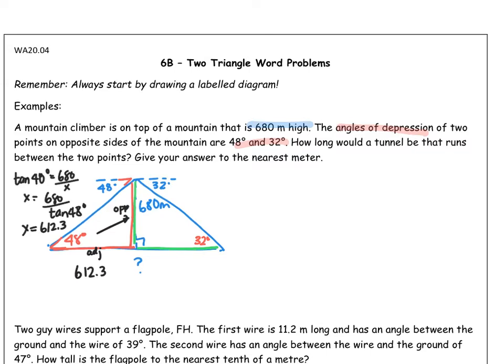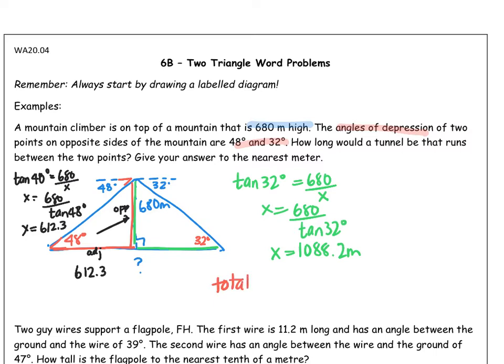Got that side. Now in my green triangle, same thing. It's going to be opposite and adjacent, so we're going to use the tangent again. Tan of 32 is opposite over adjacent. So I end up with 680 over tan of 32, which gives me 1,088.2 meters. So my overall total will be the two of them added together, which comes out to 1,700.5